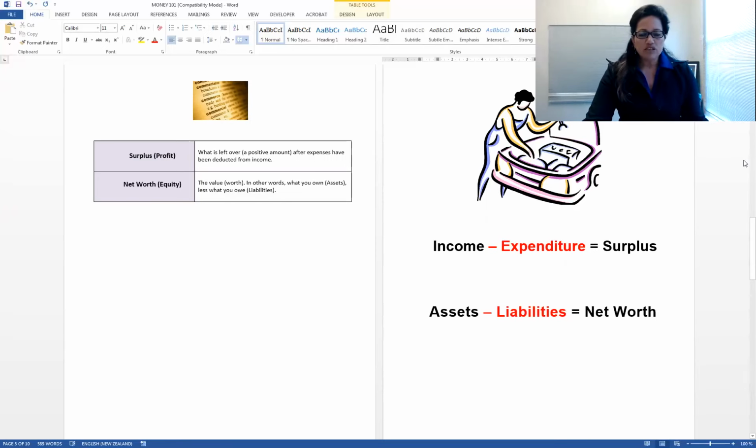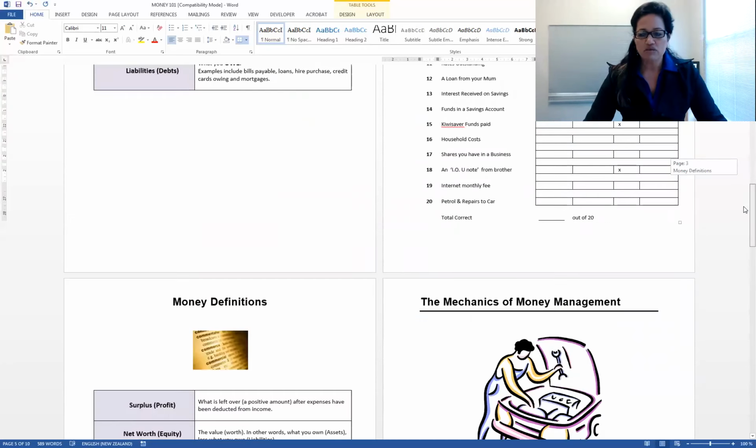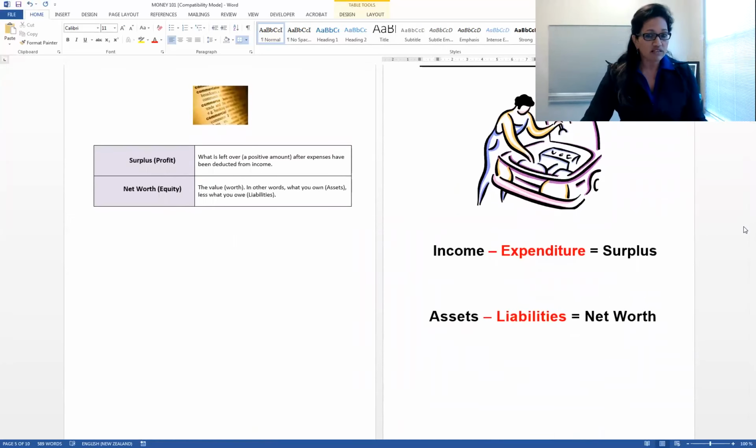So the reason for showing the two different lines is that it's not just about one line, it's about two. Firstly, you can see that they're different pieces of information. One's about income and expenditure and what's left over, and the other's about assets and liabilities and what makes up our worth, what we are worth at this particular time. Two different pieces of information, two pieces of information that are useful for us to know in order to make some more informed decisions with money.